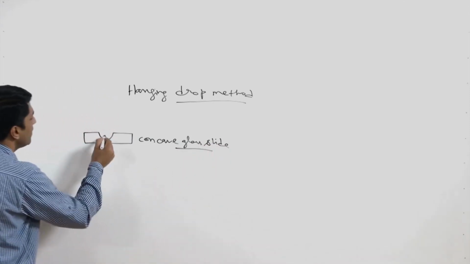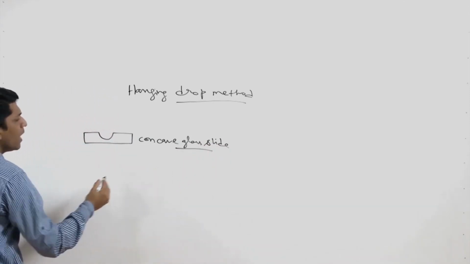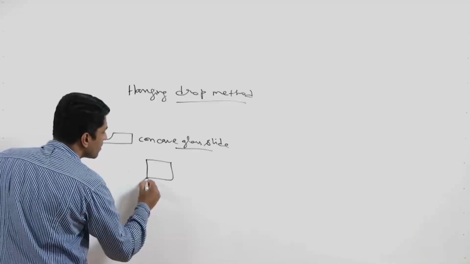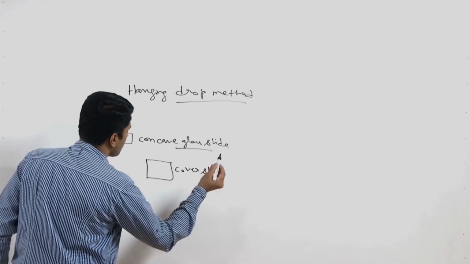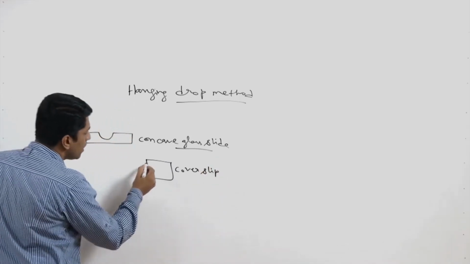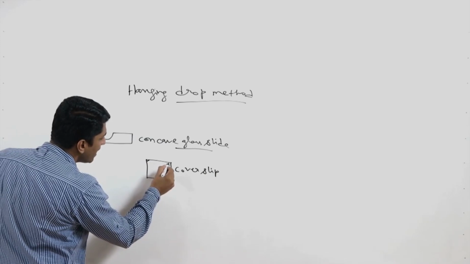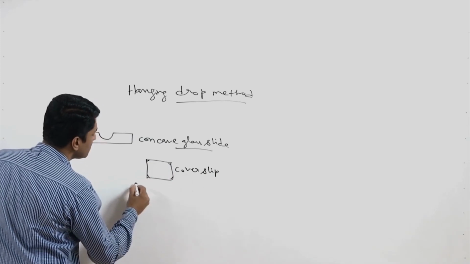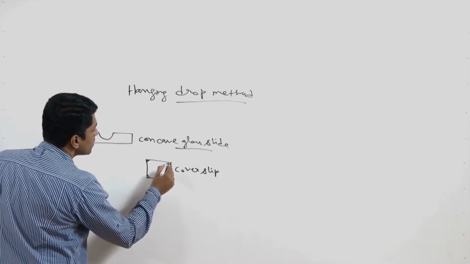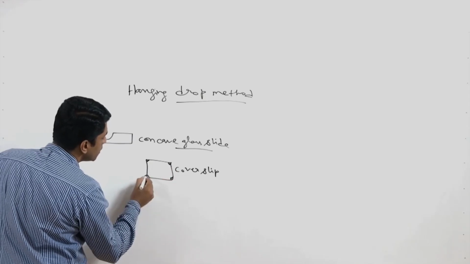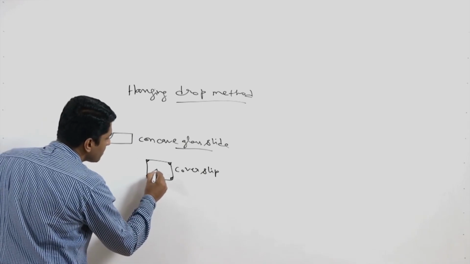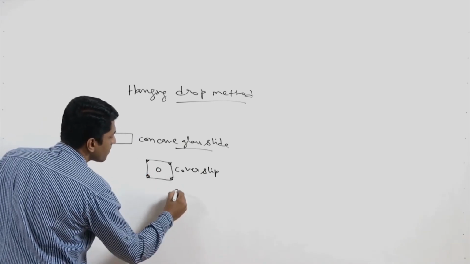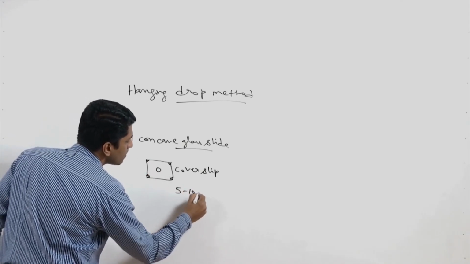So, this glass slide will be having concavity, okay, and we also need a cover slip. On the 4 sides you will be adding a Vaseline, okay. So, keep a simple dot of Vaseline on the 4 edges. Then in the middle of the cover slip you add 5 to 10 microliter of